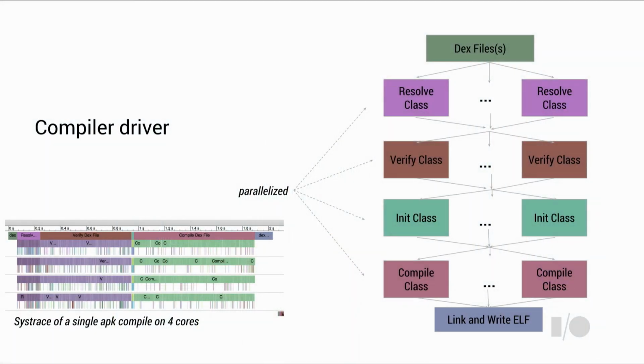And so we deal with that by noting it as a soft failure during verification. We mark that one thing, and so later on when the compiler compiles, it can know that, well, I'm not sure if this code is available or not, and put a slower path in so that we can do the correct thing and handle it if the code accidentally goes down this path of calling a method that doesn't actually exist on this release. So if all that passes, we do this pass called the initialization pass, and we actually